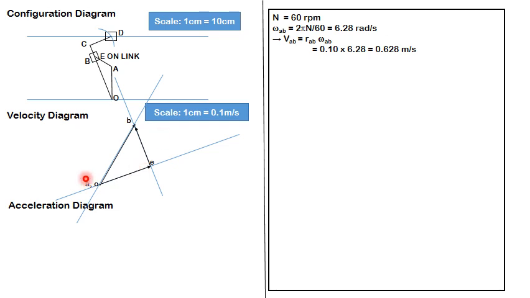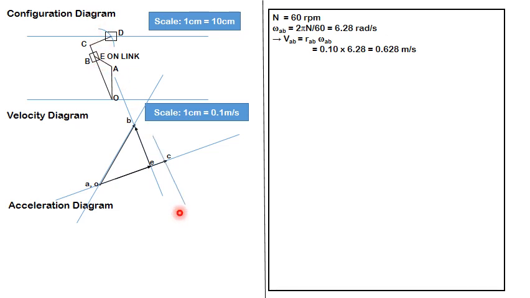Now to proceed further I need to determine point C, and point C is the point on link OE or OC. So I already have vector OE, and as I already know, in the configuration diagram the ratio OE upon OC will be proportional to the OE upon OC on the velocity diagram. So based on this theorem, determine the length of OC and show it. So that's what I have done, and from point C draw a line perpendicular to